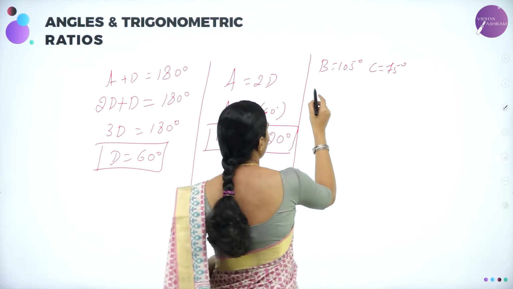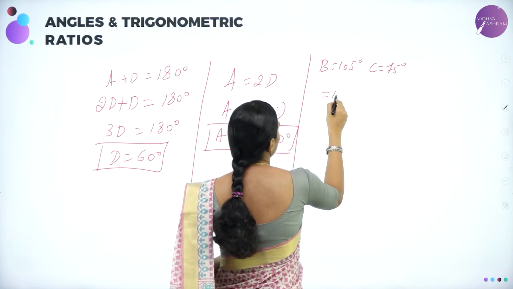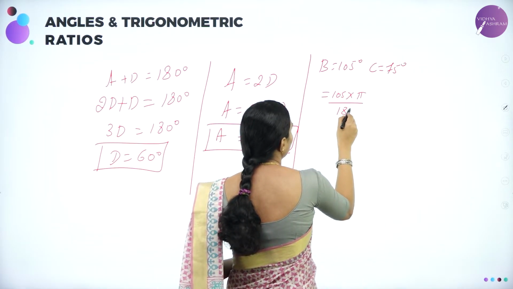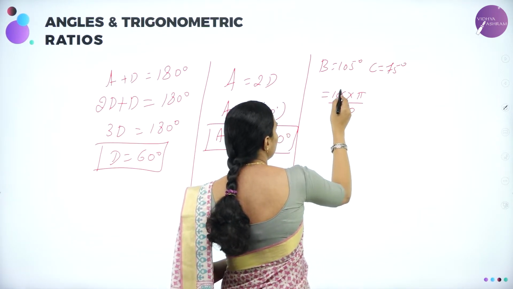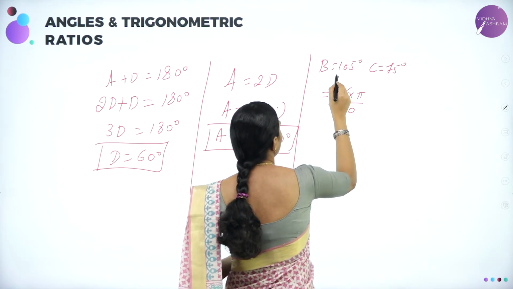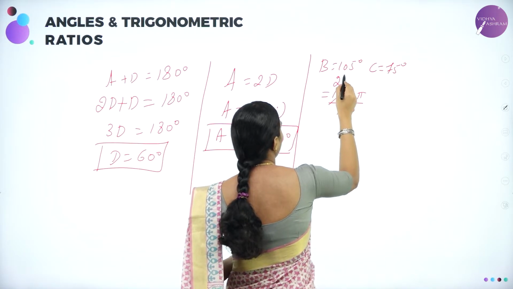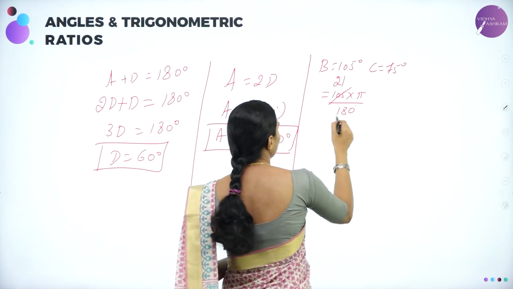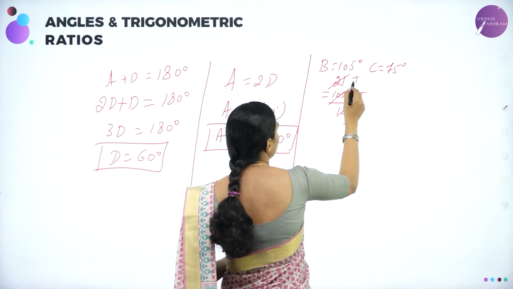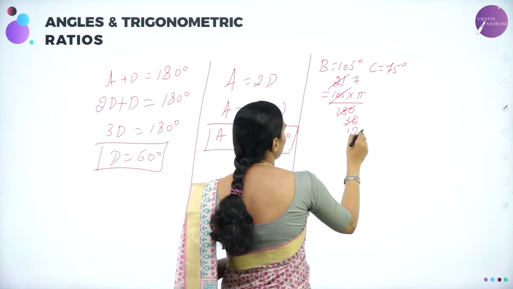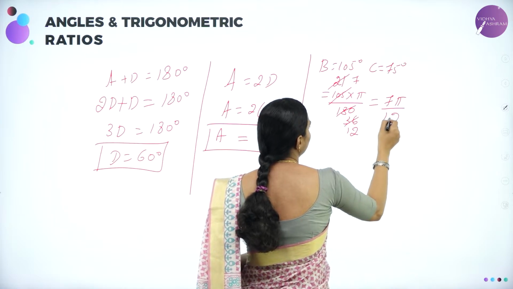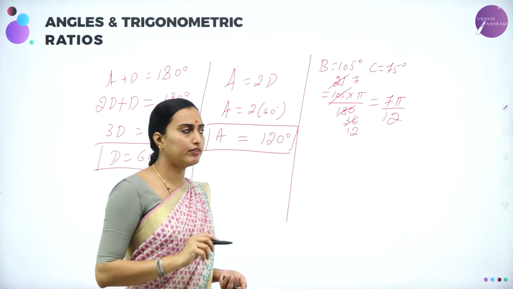So how can 105 degrees be written? B is equal to 105 into pi divided by 180. So you are going to cancel by 5. 5 2s are 10. Correct? 5 1s are 5, and then 5 36s are 180. Again you can divide it by 7. 3 7s are 21, 3 1s are 3, 3 2s are 6. Therefore 105 degrees can be written as 7 pi by 12. Understood? 105 degrees, 7 pi by 12.